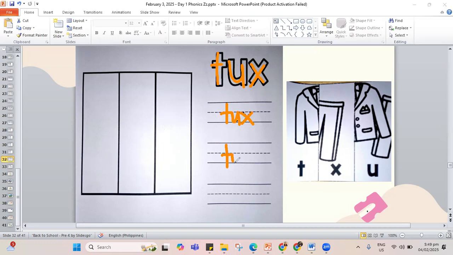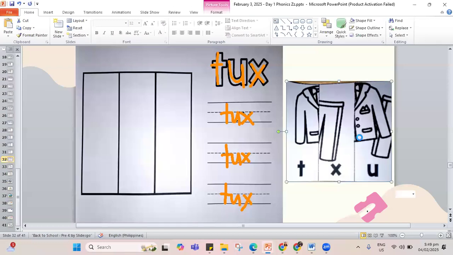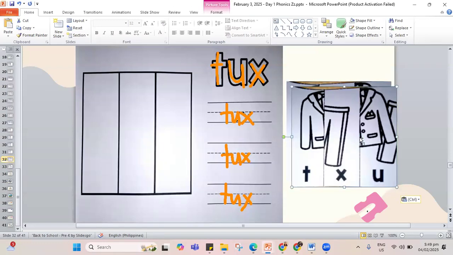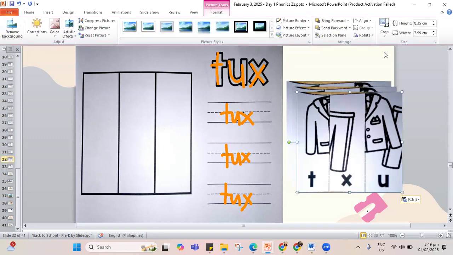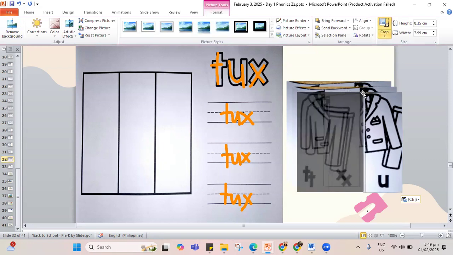So let's write T, U, and X. T, U, and X, that is tux. So remember, the men and the boys wear the tux in special parties, like in the weddings. They can wear a tux.